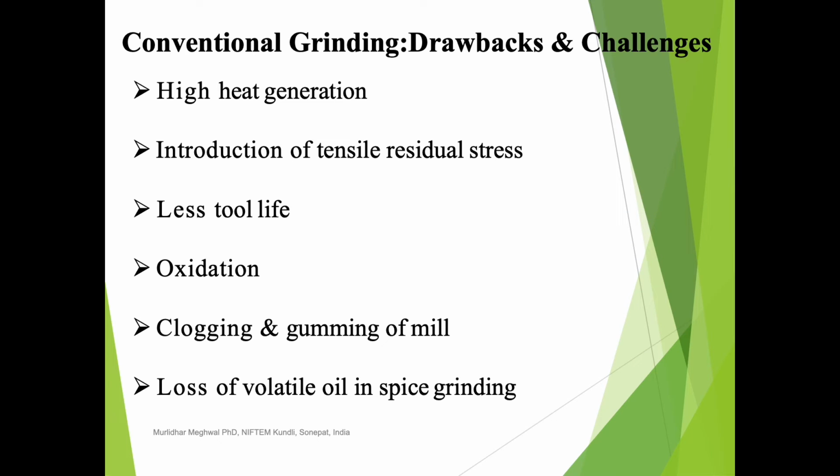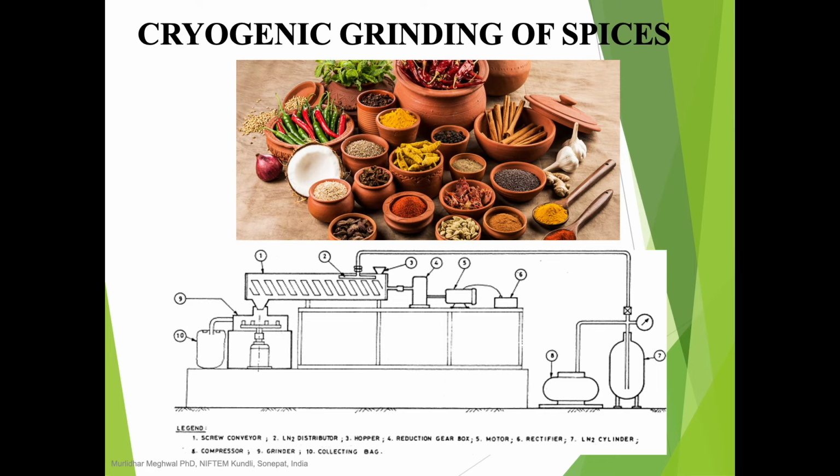In these conventional grinders, there are certain drawbacks and challenges like high heat generation, introduction of tensile residual stress, less tool life, oxidation, clogging, gumming of meal, and loss of volatile oil in spice grinding. All these problems are faced in conventional or traditional grinders. To overcome all these problems, a novel approach called cryogenic grinding is used, and this is the